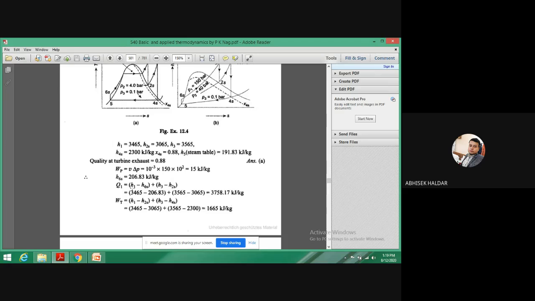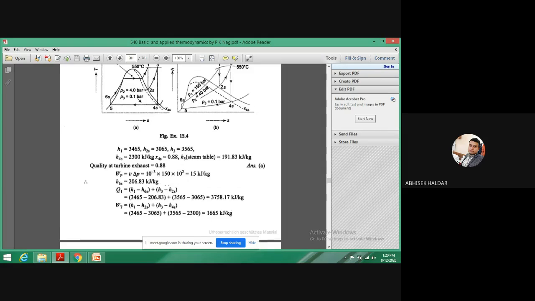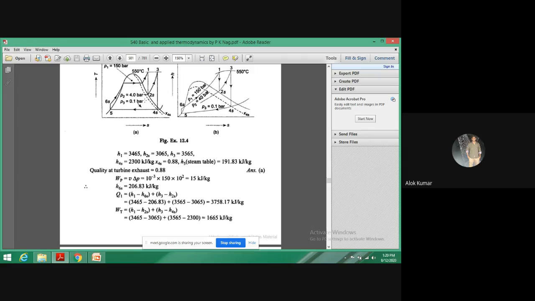So as I am getting all the values, now I know the equations for the reheat cycle. What is that? Q1 is equal to, don't forget to add the reheater part. This is the reheater part, H3 minus H2. And the normal boiler part, H1 minus H6S. So both things I have to add over here, and I am getting the final Q1, this one.